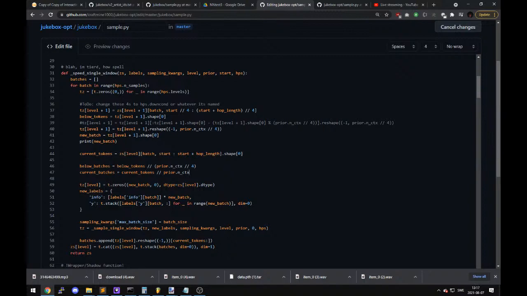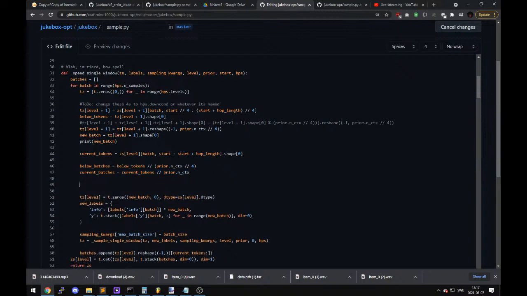Now how can I use this to simplify things? Well, I can actually combine these into one. Actually, let's put it into another variable. Let's be nice. Name things. Be understandable, you know. Below batches, current batches, and